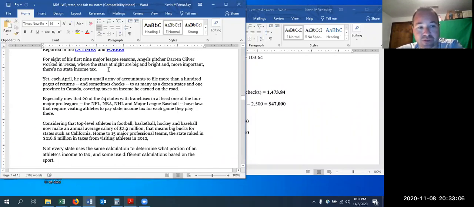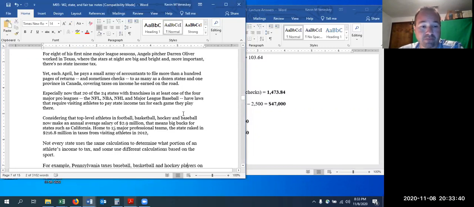So this was reported in the LA Times. You can go and see the actual full article. I think this is pretty much the full article here. This individual played for a Texas team, and Texas is one of those states that doesn't have an income tax. But when it came time to do state income taxes, you would think, oh, I don't have to file state income tax. Well, that would be wrong. He actually had to file dozens of state taxes, it says, for all the states that the baseball team plays in.